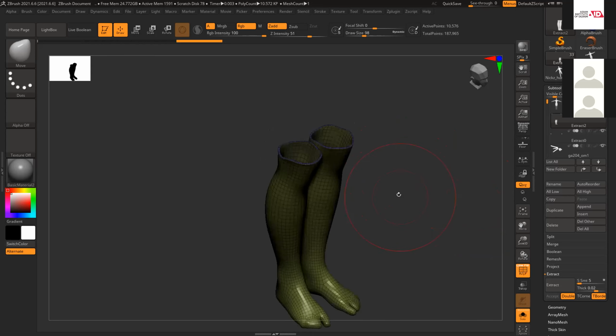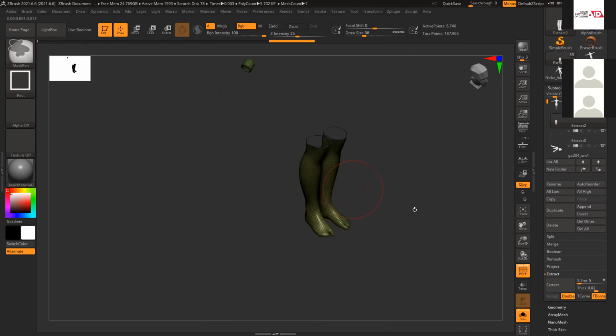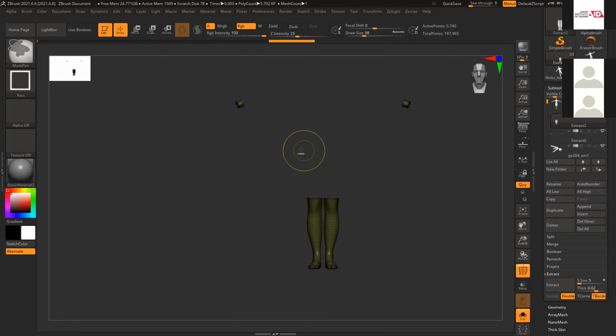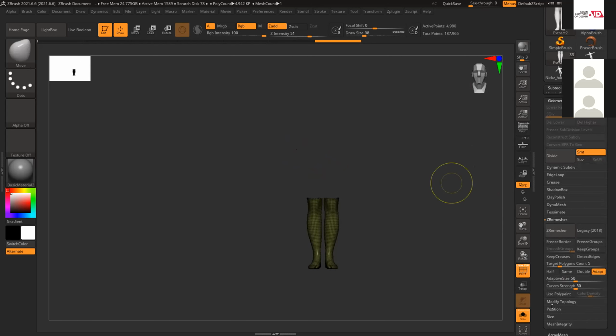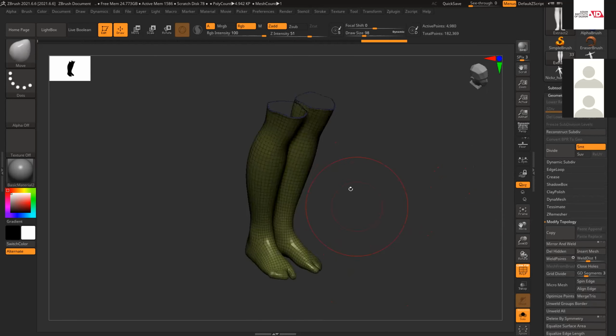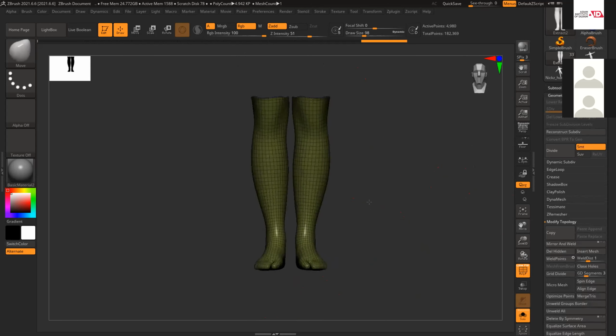Okay, so now I have this shoe. Inside this part is not required, so I'll just hide it. Oh, I had those selections also. Hide this also and go to geometry, modify topology, delete hidden. Because if I have the inside part, it will become really difficult to sculpt it. That's why I removed it. And the basic structure, you can see, is almost ready.